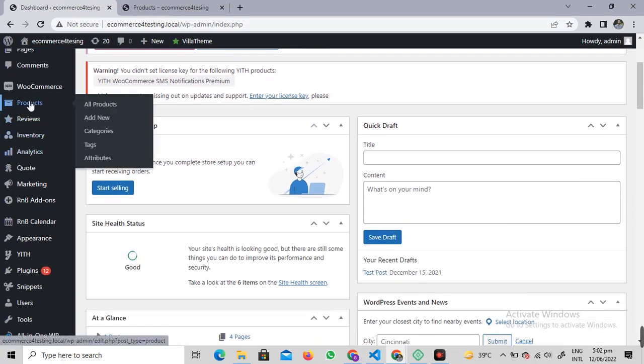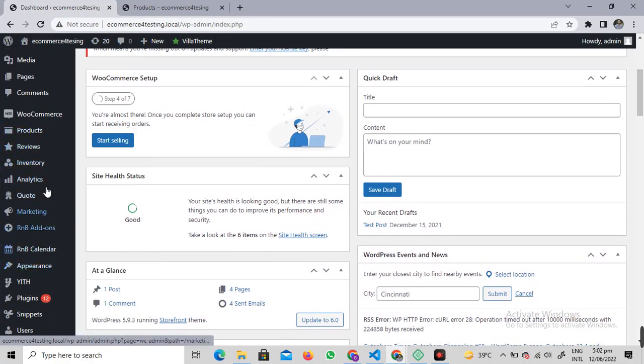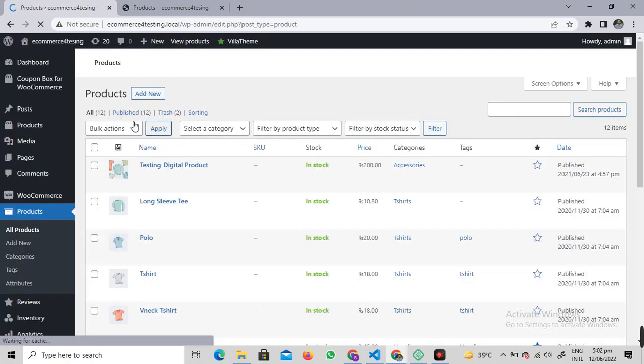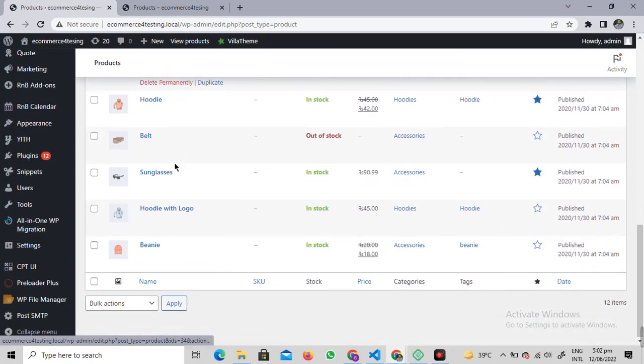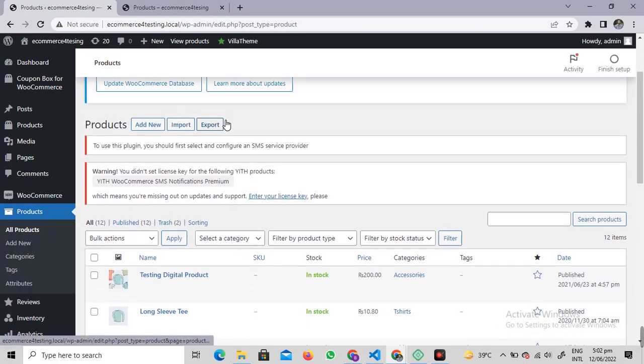Let me just show you. Over here, you can see we have I guess 12 products. So the very first thing, if you are exporting the products from one WooCommerce website to another, is that on the products, all products page, you need to click on this export,